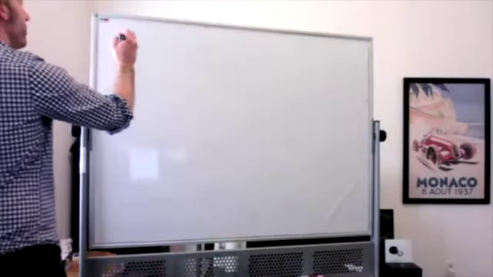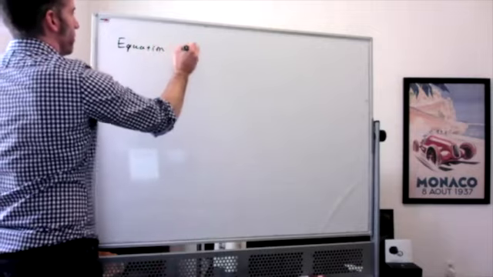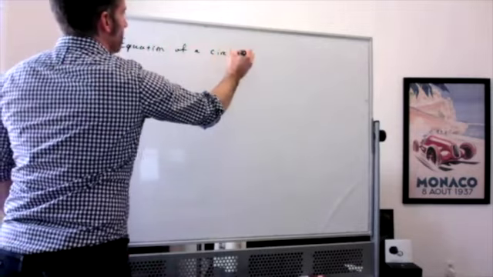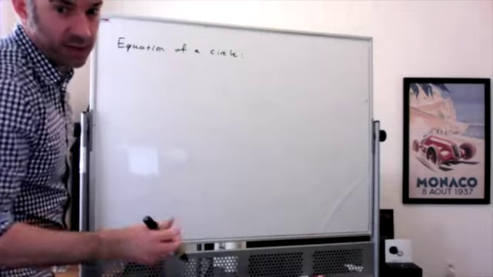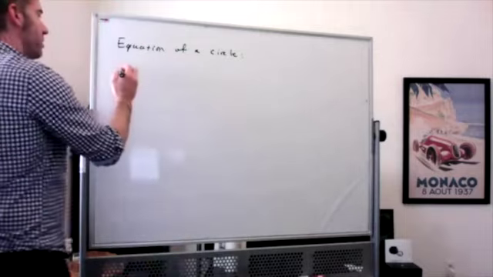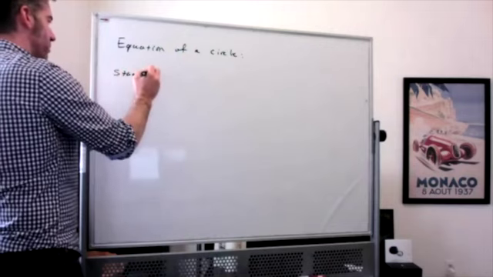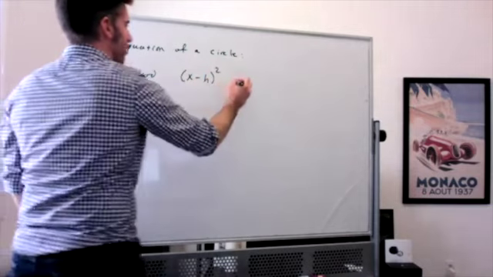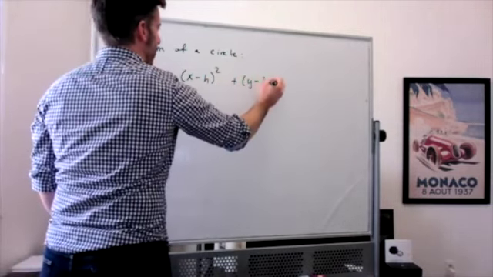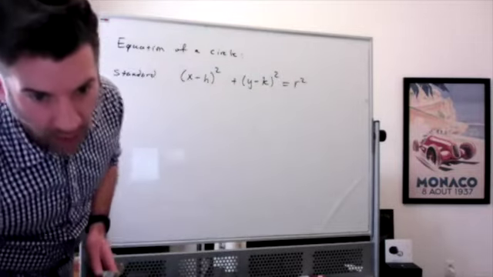So, equation of a circle. There are actually two distinct ways of writing the equation of a circle, but the usual, standard way is (x minus h) squared plus (y minus k) squared equals r squared, where